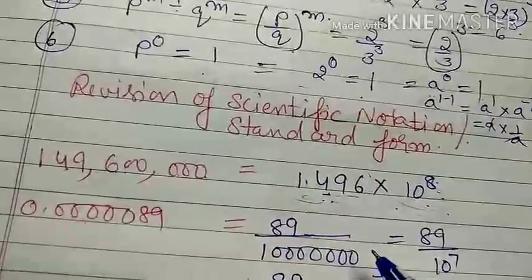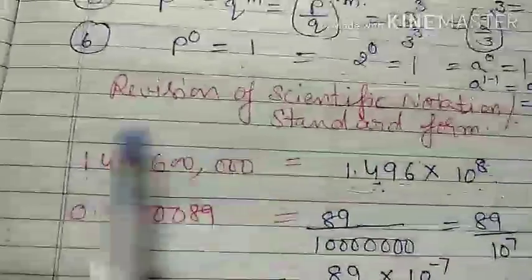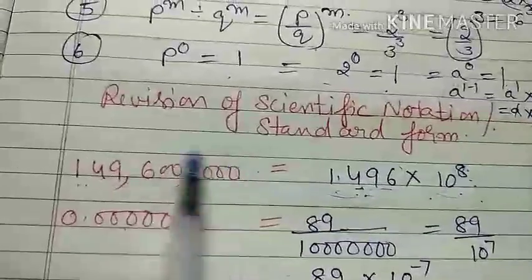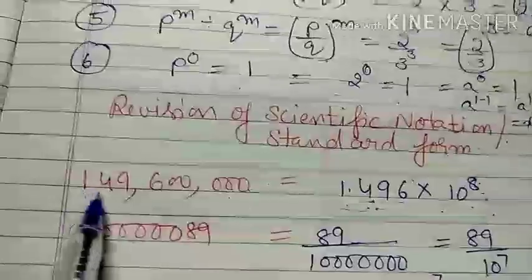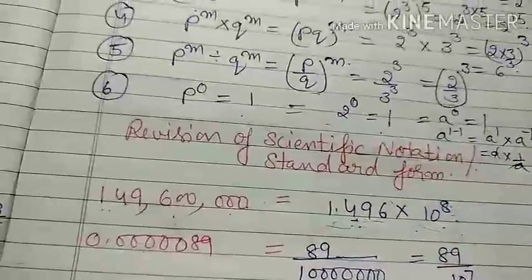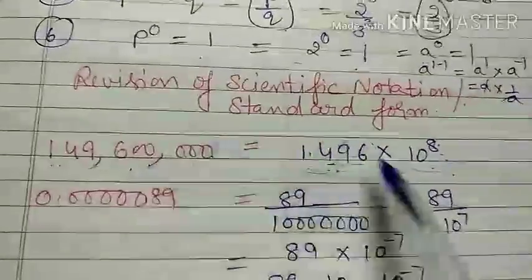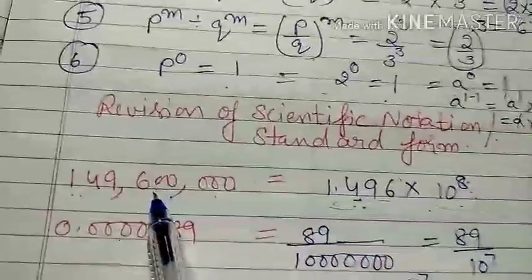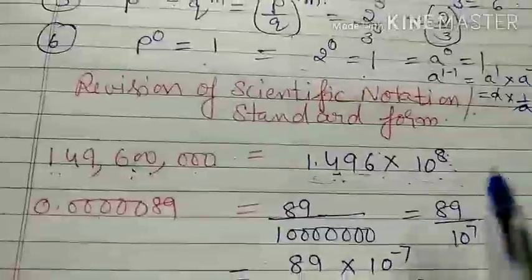So why do we use scientific notation? Because sometimes we have bigger terms like this. If I have a question, if I have 1, 4, 9, 6 and then 5 zeros, this is a bigger term. So how can I reduce this bigger term? We call this the usual form, and the reduced one the standard form. Usual means normal form without decimal and multiple of 10. In standard form, there is a decimal and a multiple of 10.